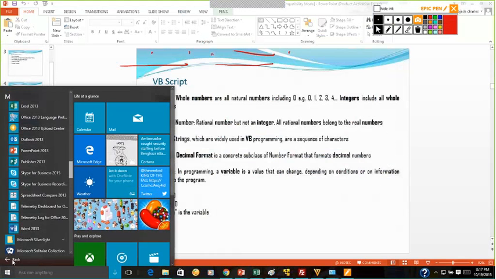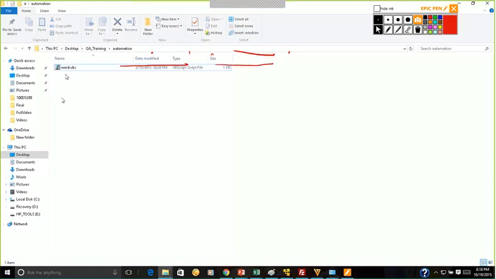I can do exactly the same thing using VBScript. Let's do it. What I'm going to do is double click this VBScript.